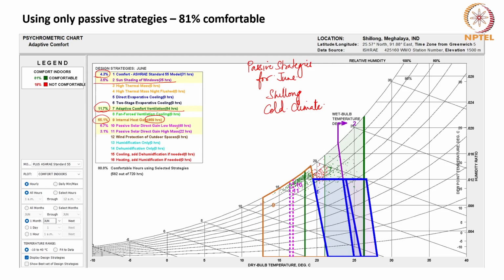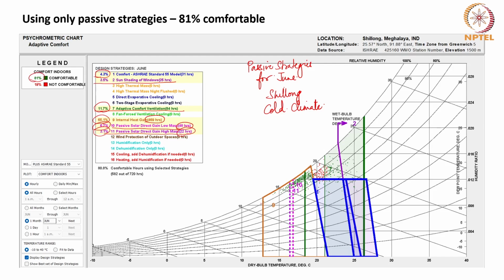Then 48 hours, or 6.7% of the hours, can become comfortable by using passive solar direct gain with low mass. Then passive solar direct gain high mass can shift from uncomfortable to comfortable for 3.1%, or 22 hours, of the month. So effectively, if you see,